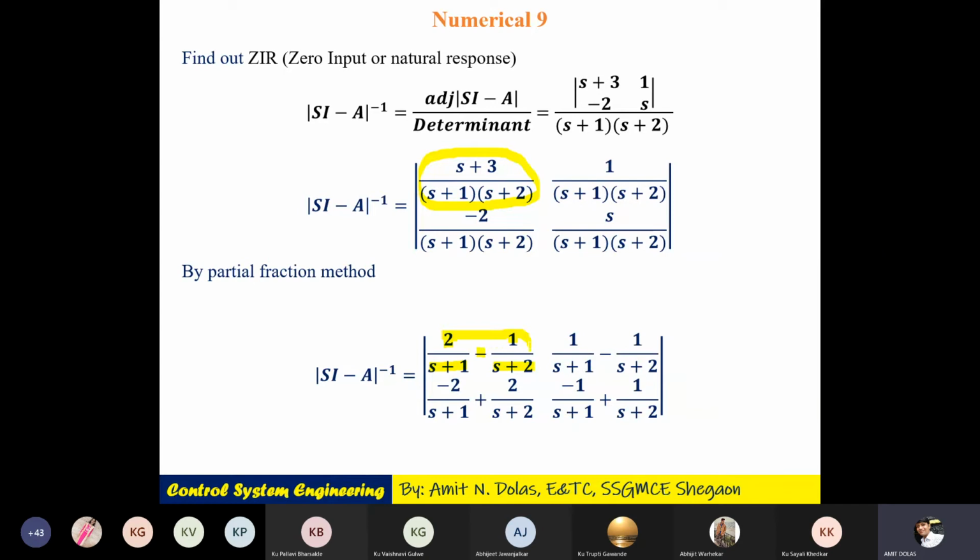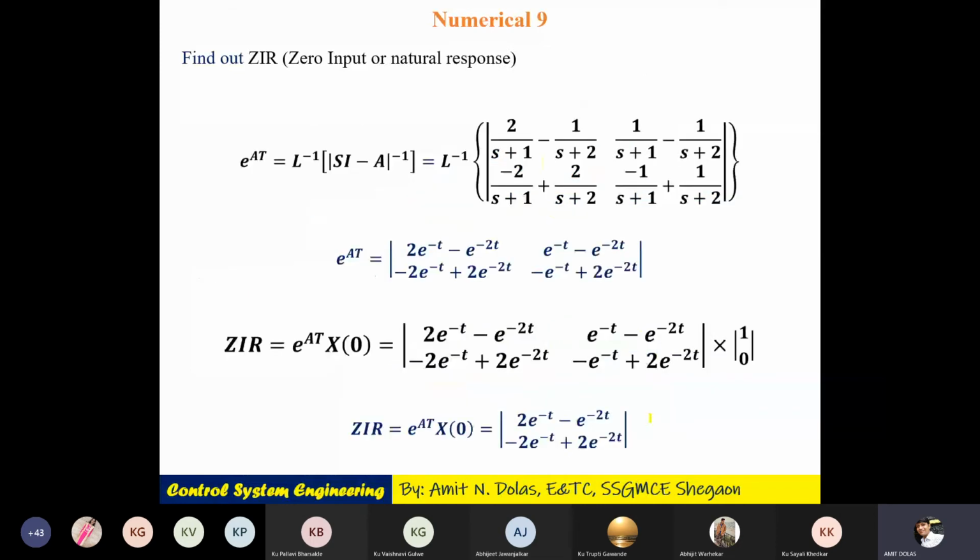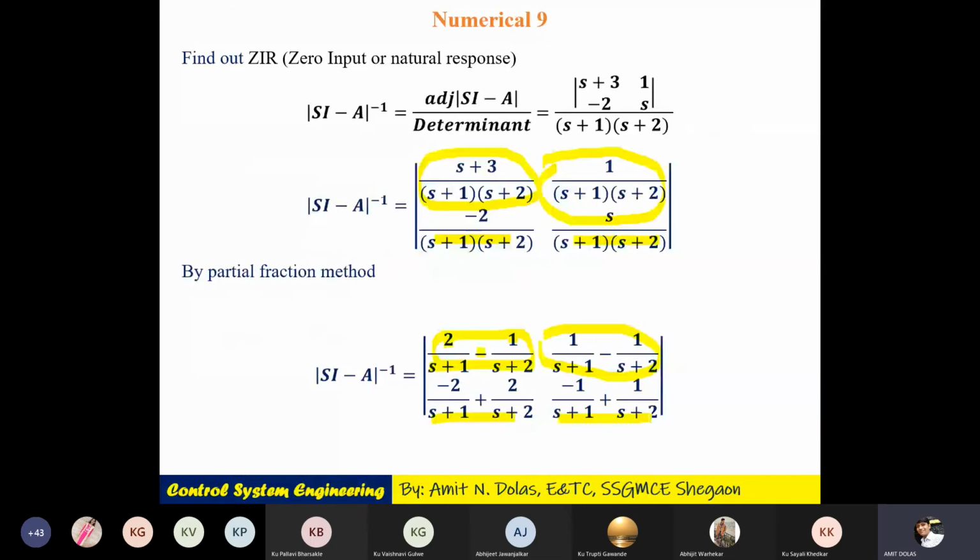So this is the complete solution by partial fraction to this term. Similarly for this term, A by B वाला formula we got this. Similarly for this and this term we got these two terms. So by partial fraction. Now this is what